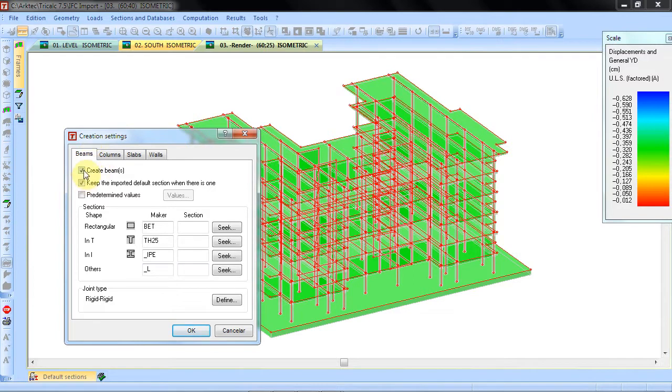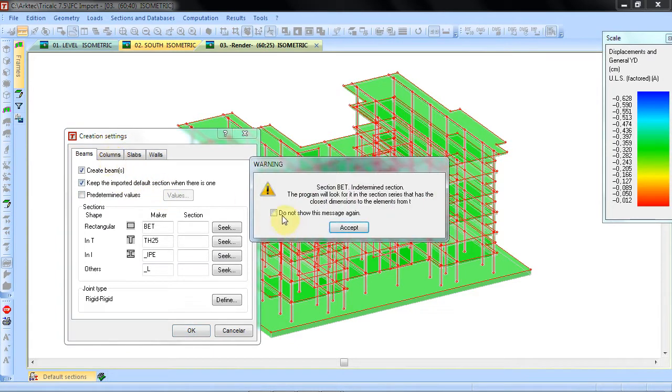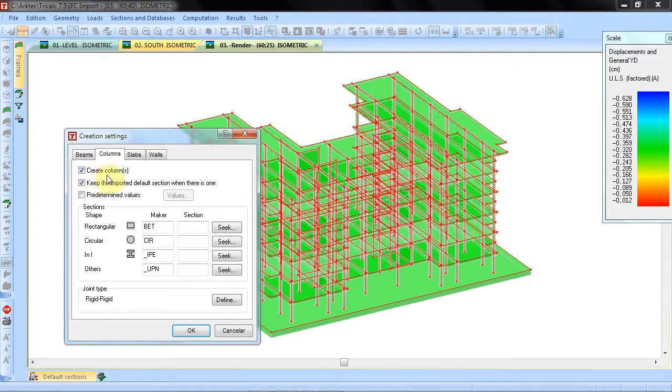So what we are saying in this box is, I want to create the beams that came from the BIM model as TreeCalc beams and keep the cross section that came from the BIM model. I want to import the columns from the BIM model to TreeCalc and keep the cross sections, or define my own